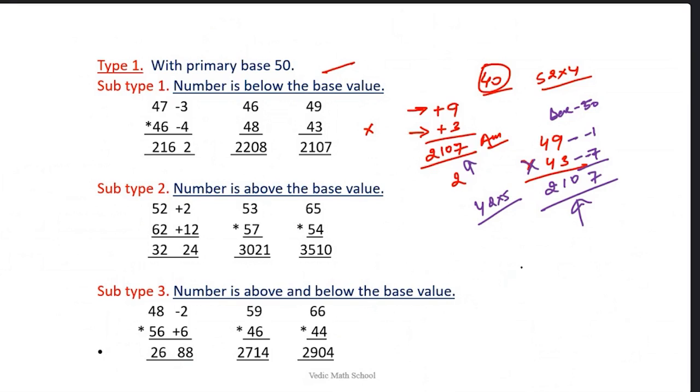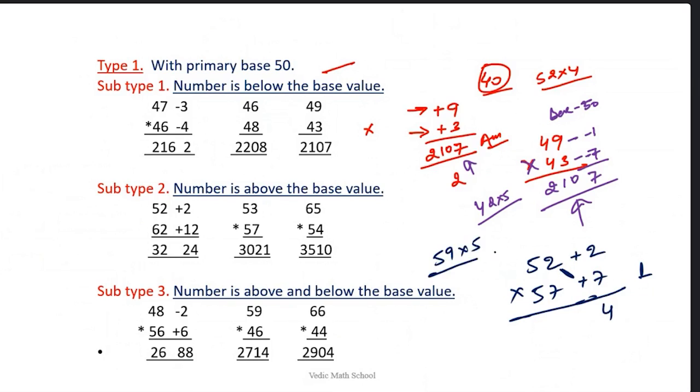Okay, so look at this. Suppose there is a number 52 and you are multiplying with 57. The number is plus 2, the number is plus 7, 7 twos are 14, so I'm writing 4, 1 is the carryover. Next, 52 plus 7, 59 into 5. You can do 59 into 5, or you can do 590 upon 2. It's all up to you what is suitable to you. I prefer this way. It becomes very easy for me. 295 plus 1, the answer is 296. In this way, you got the answer.